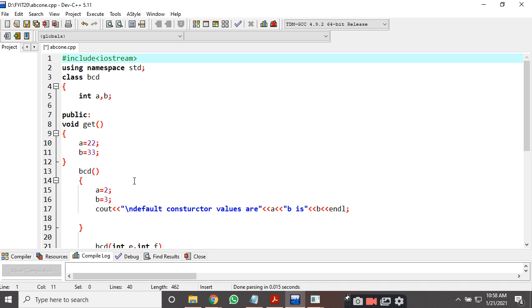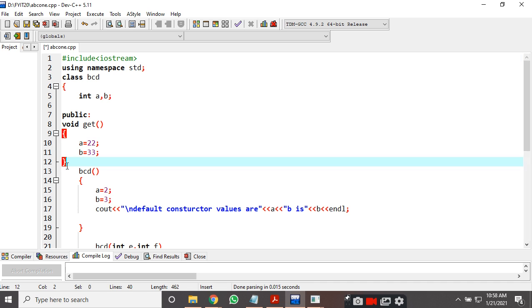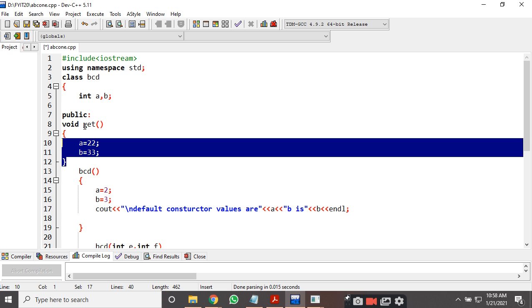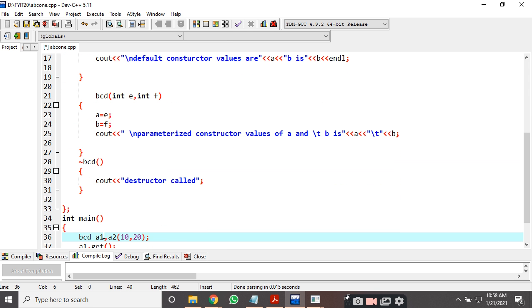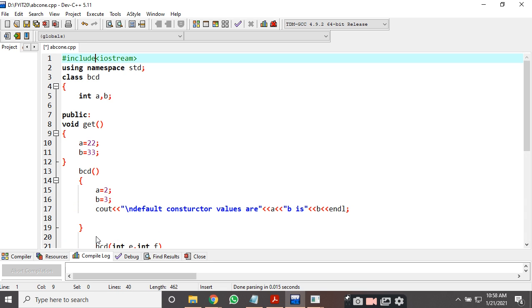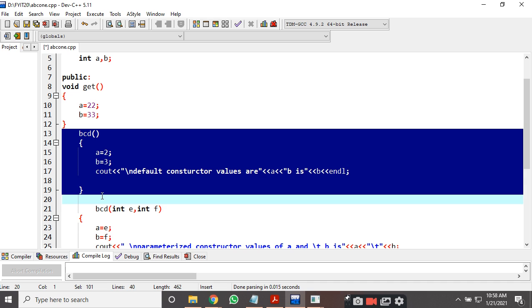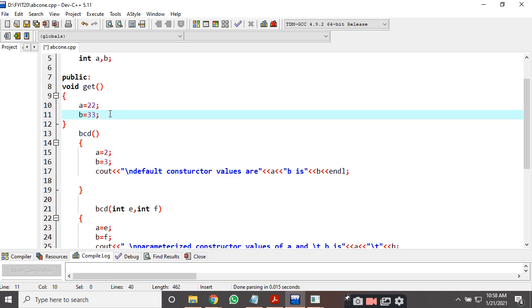The advantage of constructor is we do not need to call a function to initialize the variables. As soon as we create the object a1, the default constructor will be called automatically, whereas for the function get, we will have to call it.